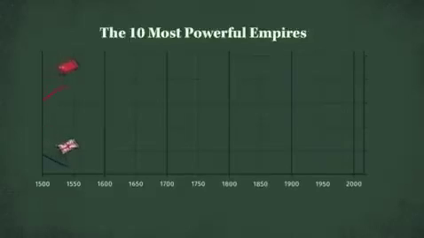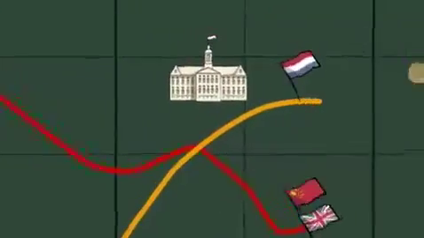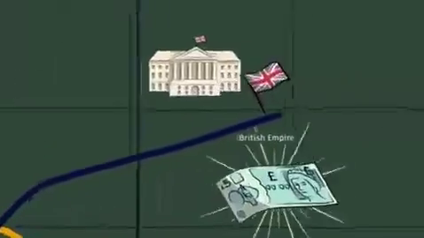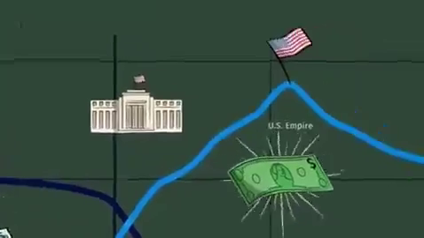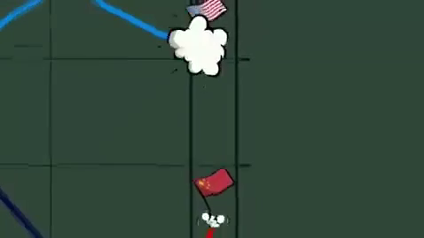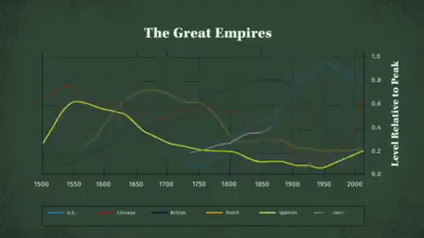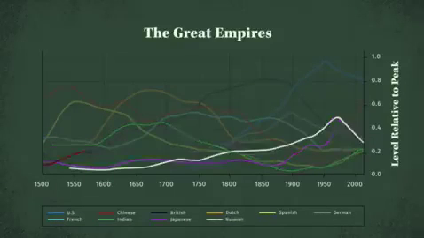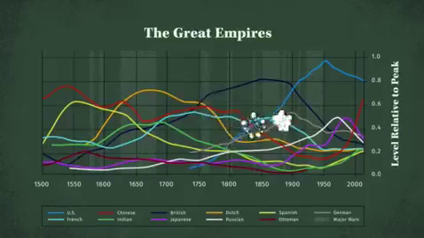Last 500 years, and the last 3 reserve currencies, it took me through the rise and decline of the Dutch Empire and the guilder, the British Empire and the pound, the rise and early decline of the United States Empire and the dollar, and the decline and rise of the Chinese Empire and its currencies, as well as the rise and decline of the Spanish, German, French, Indian, Japanese, Russian, and Ottoman empires, along with their significant conflicts, as measured